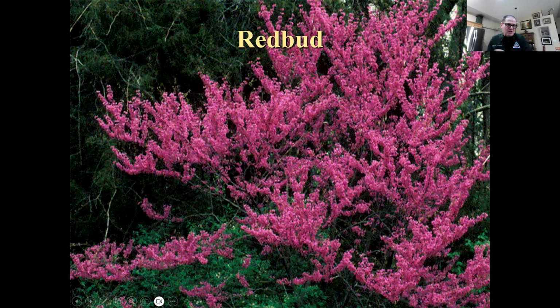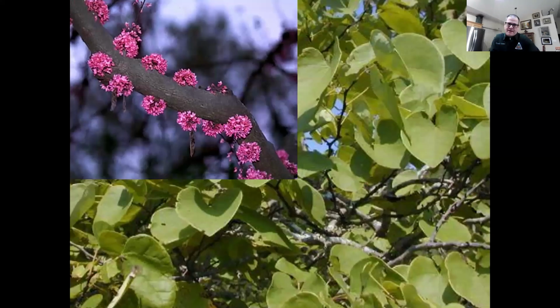Redbud is an awesome fall or spring flowering plant. This is native all over. It gets herbicide damage very easily. And now with Roundup, 2,4-D and dicamba ready crops, we're getting more and more herbicide damage on these. I've got about 100 of these planted on my property, and they're starting to get hit at least 3 or 4 times with herbicide every year, and it's starting to affect them. Again, just a pretty tree.